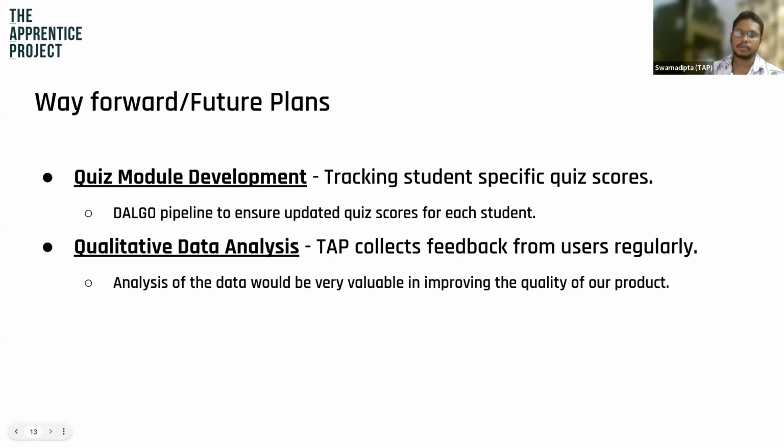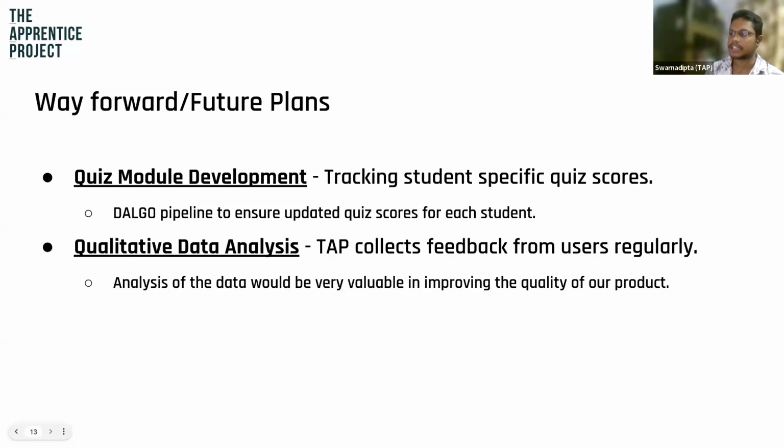So basically what it would mean is I am a student, my record is in the CRM, and if any teacher or any ops team member or anyone who has access to the CRM wants to check how I have performed, or how the students of any particular school or city have performed, they can filter it out on our CRM platform, which is quite faster than Google Sheets or even perhaps Looker Studio, depending upon the amount of records we have. They can go to the records of particular students and check what the quiz score has been, or what the average quiz score has been for a particular region or